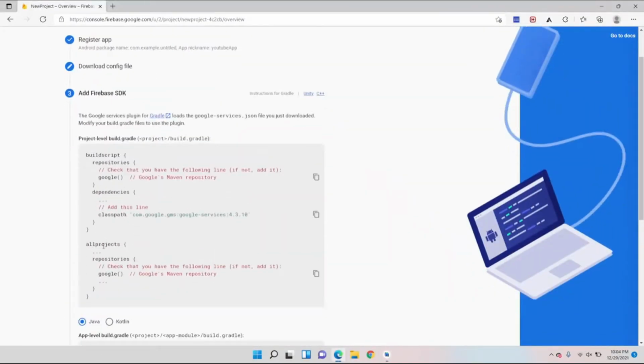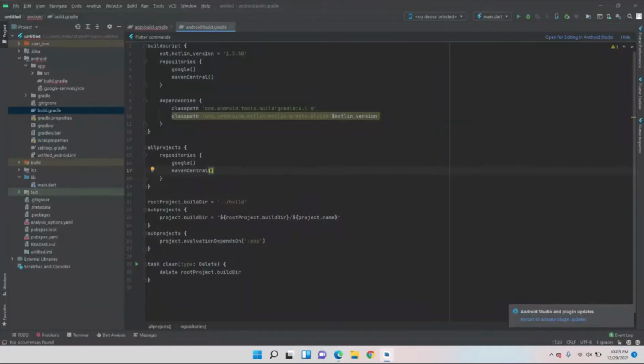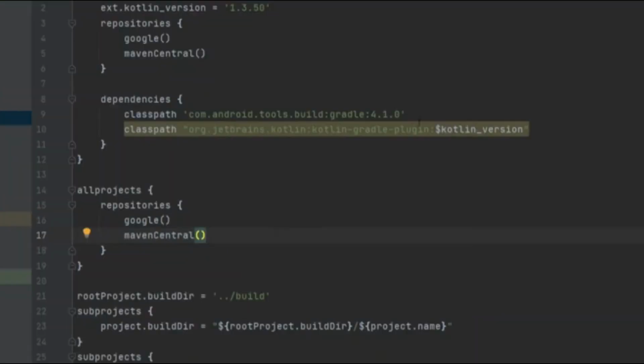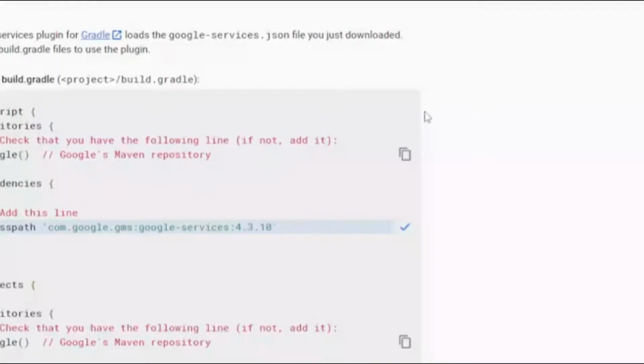Now we have to add a couple of code lines into our build.gradle files. Just see on the screen which line I am adding where, and you will get it. Just make sure that you don't copy wrong, because then it will give lots of errors.